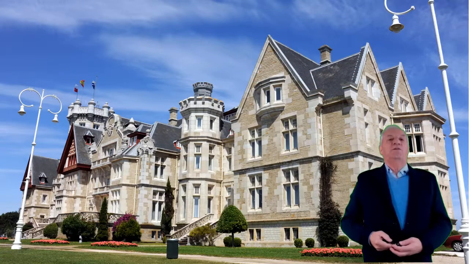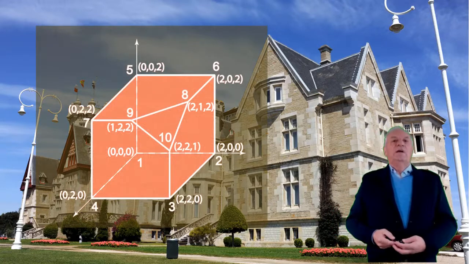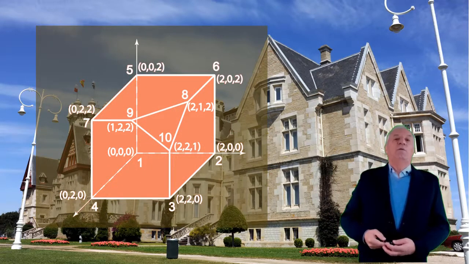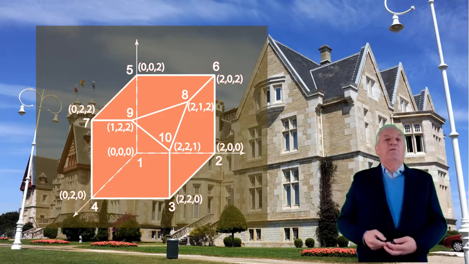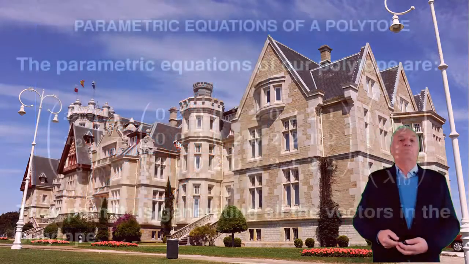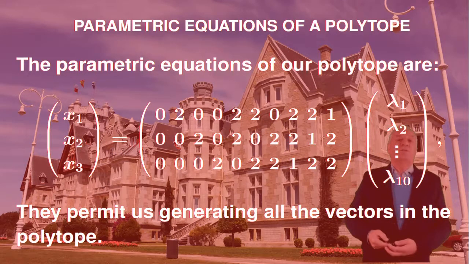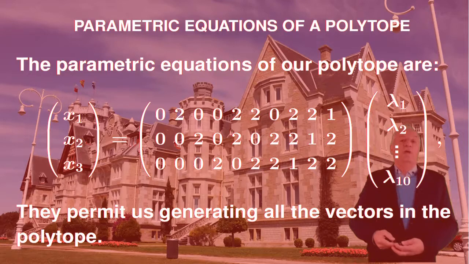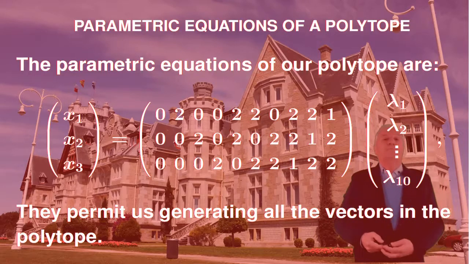Next, we provide the parametric equations of a polytope. We use an example. Assume that you have the truncated cube shown in the figure, which is 3-dimensional. Since any point inside the polytope can be defined as linear convex combinations of 4 vertices, we obtain the expression in the transparency that provides all possible points inside the polytope. If we select lambda parameters to be generated by non-negative numbers and adding to 1.